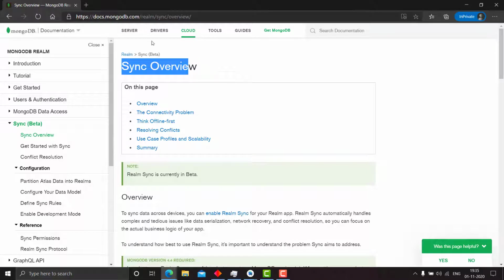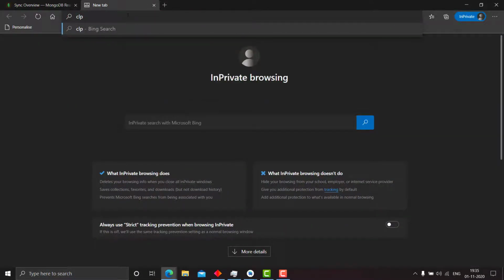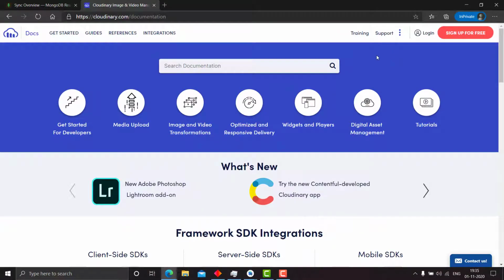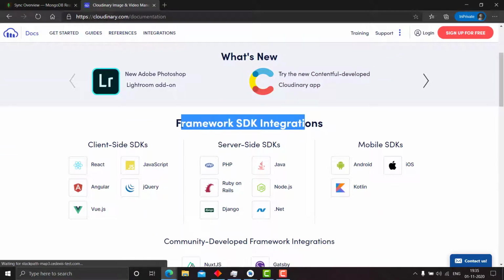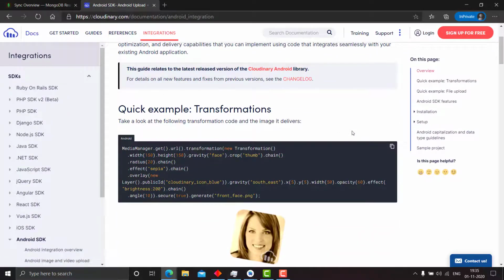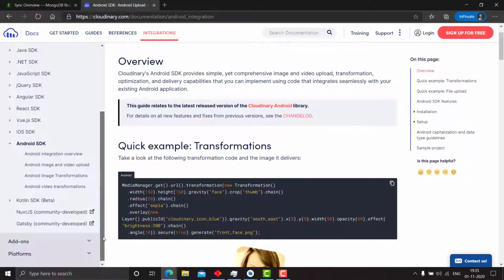So I will go to Cloudinary documentation, cloudinary.com. Cloudinary is also a website which provides you backend services for integration, and you can upload photos, videos, everything here. Let's go to mobile SDKs, Android. Here you can see the documentation for the Android SDK.